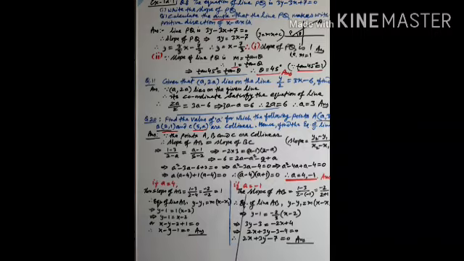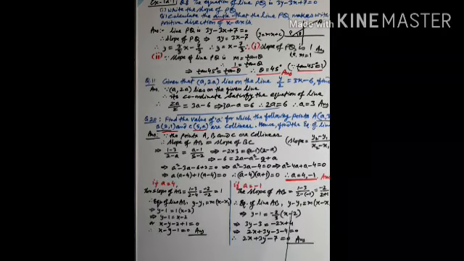And if you take a equal to minus 1, then the slope of AB will change. It will be (1 minus 3) by (2 minus minus 1), because a is minus 1, so minus minus is plus, 2 plus 1 is 3, so minus 2 by 3. So this is the slope of another line AB when a is minus 1.